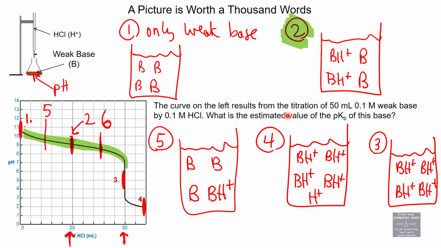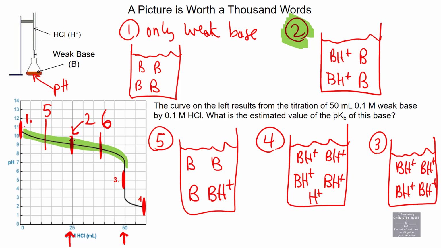results from the titration of this with this. What's the estimate of the value of pKb? Well, the reason I highlight point number 2, besides to tell you what I just told you, is that at point number 2, that's where the moles of weak acid and weak base are equivalent. At point number 2, that's where you've hit this magical